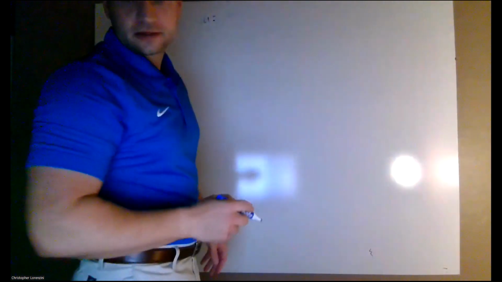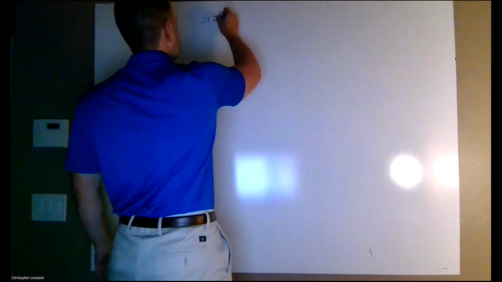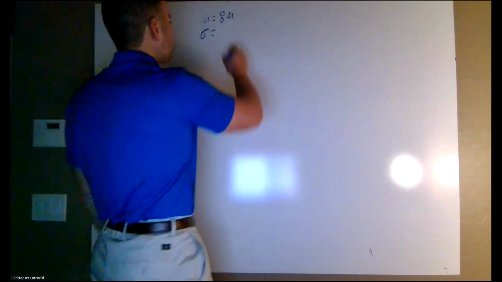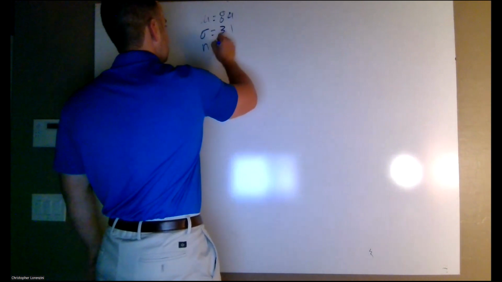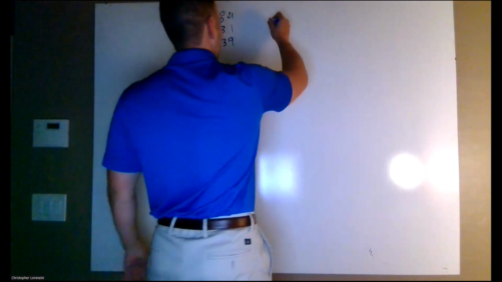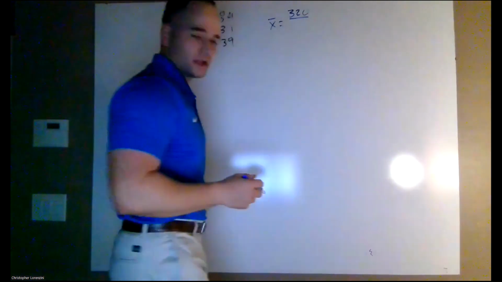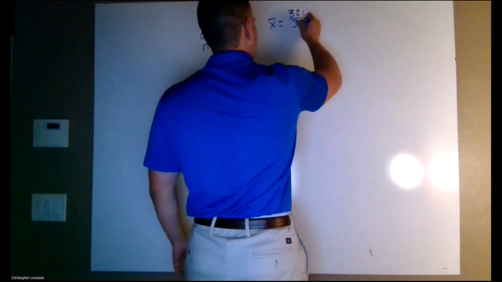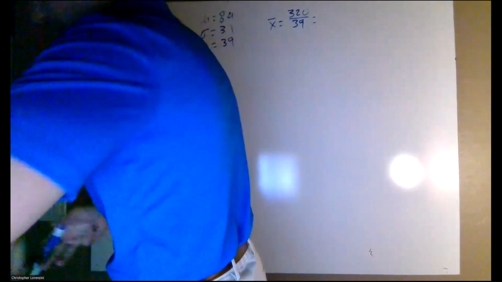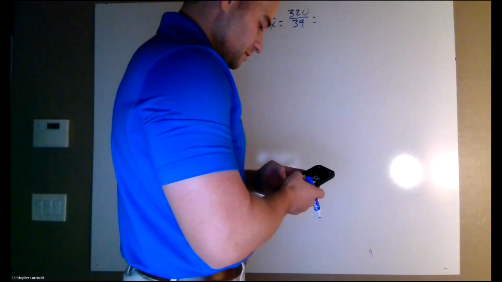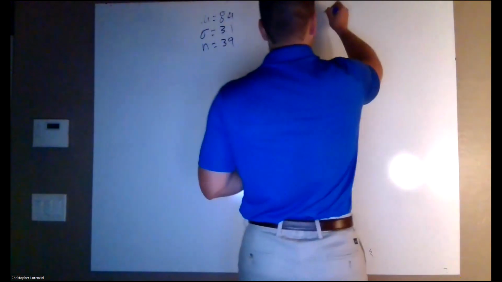First step is to know that we have a mean of 8.4 and a standard deviation equal to 3.1. We have a total of 39 jets. And so what we want to do is find our X bar. Our X bar is going to be the 320 total minutes divided by the 39 jets. So we have to calculate what that value is. We go to our calculator, we type it in and we get